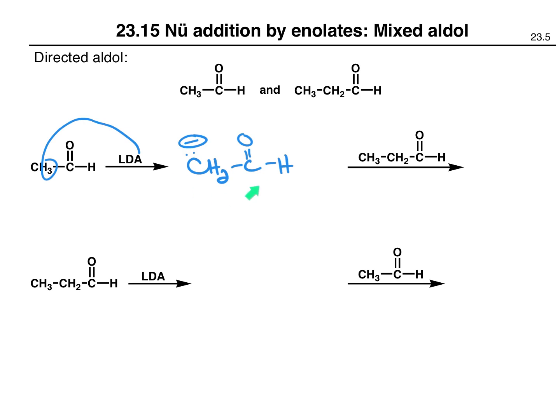Nothing is going to happen until something else is added. Once we have converted acetaldehyde into the enolate, next, if we add propanal, we are now directing this enolate to react with this aldehyde. And so that will give us